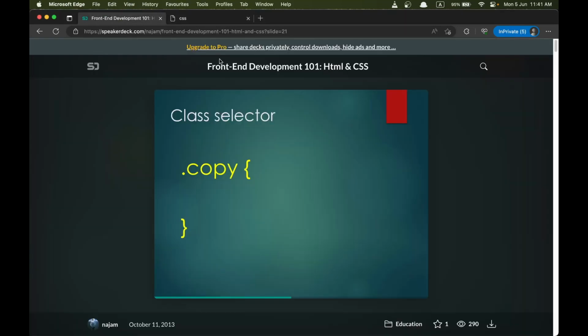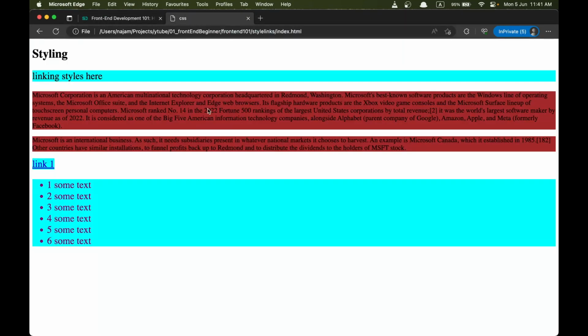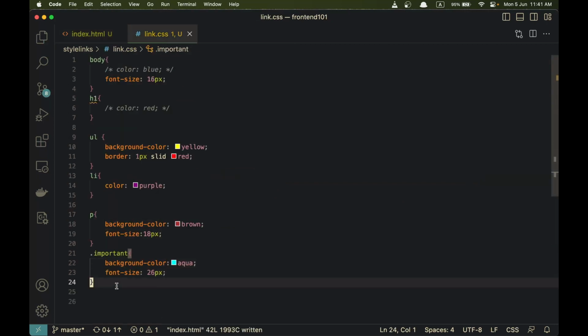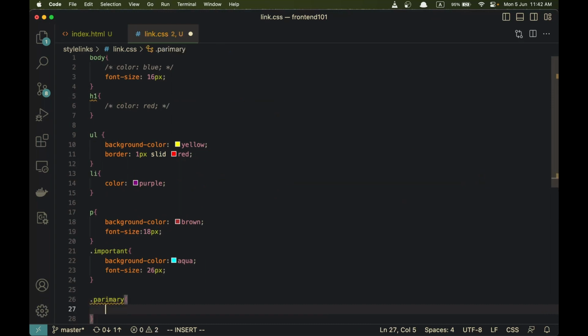So classes can be repeated inside your page, and it doesn't matter if you're applying the same class to a p tag or UL, they can all share the same class. And also, you can apply multiple classes on one element. Let's say it's important and it's a link, or primary, let's say. Now I can come here and say whatever is primary basically,